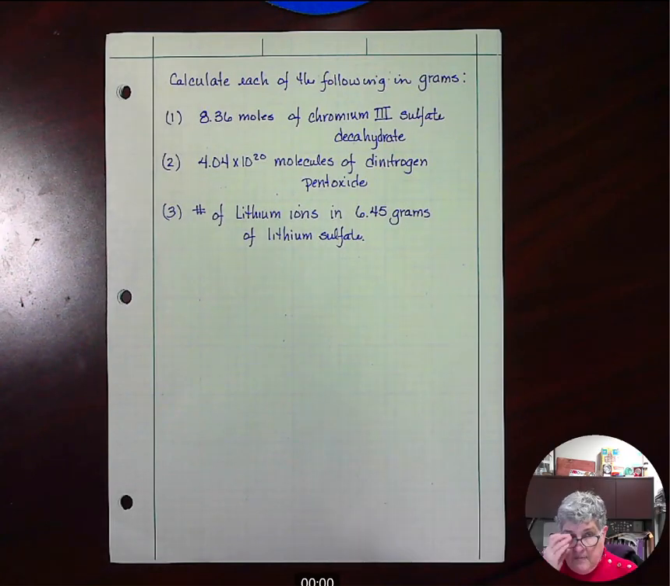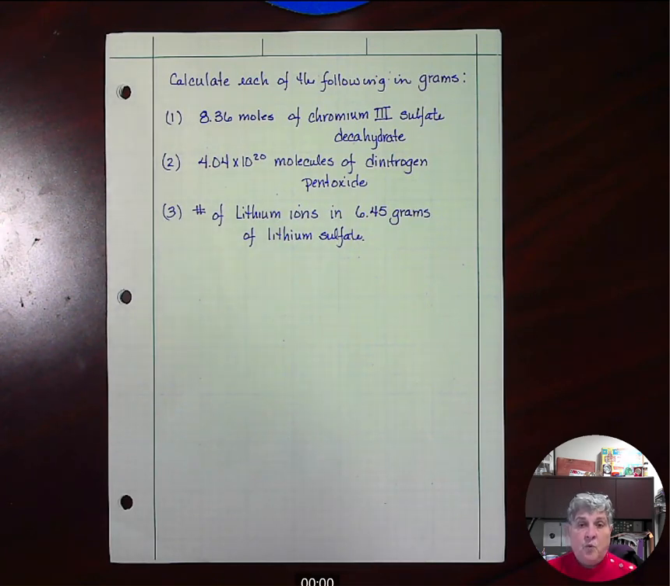We had some questions about this type of homework problem where we're given a few things. We've got 3 here, and initially it says calculate each of the following. One says in grams, but we're going to do number 3 a little differently. I'm actually going to calculate the number of ions. But this problem does a couple of things. One is we're going to convert from grams to moles, moles to grams, moles to molecules, and we're going to